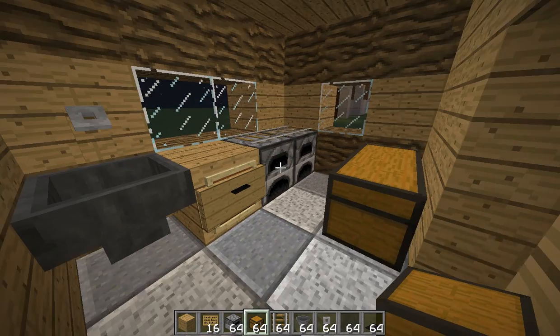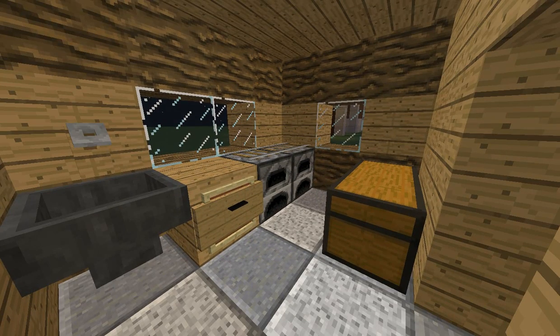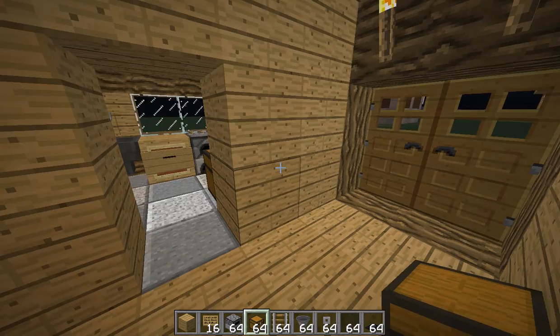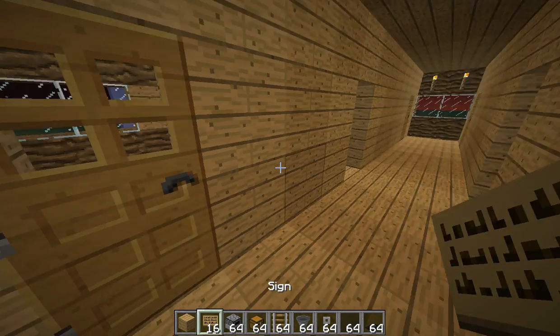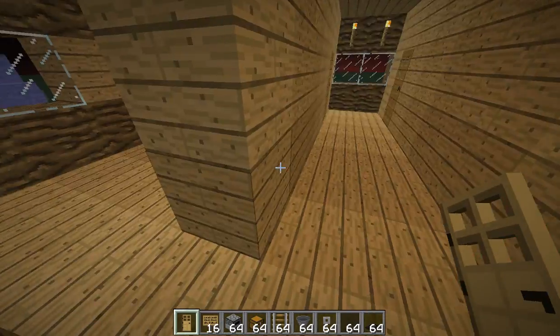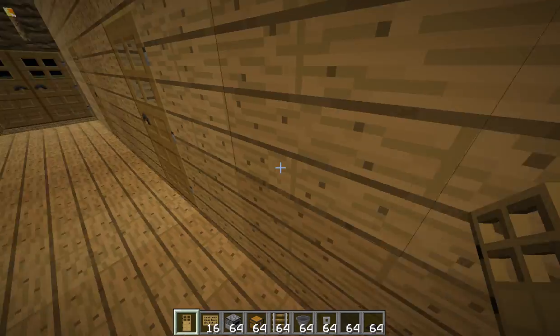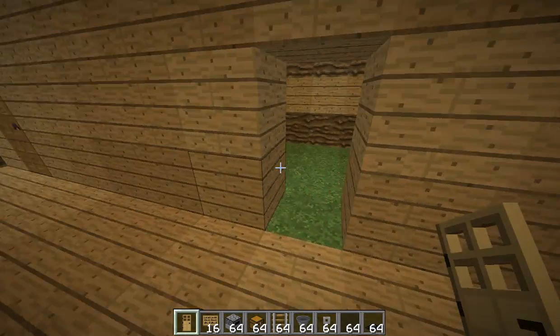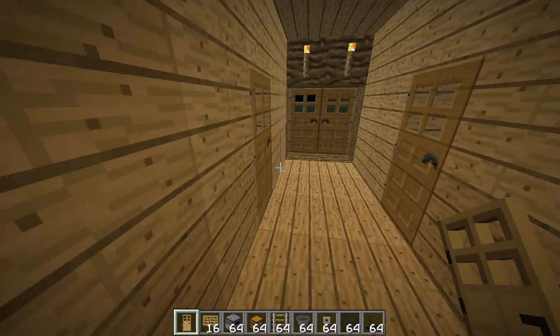And there's your kitchen done. Bam. Looks awesome. No door to that unless you want a door. I personally didn't want one there, but I mean, you can have a door for everything. I mean, why not? Anyway,